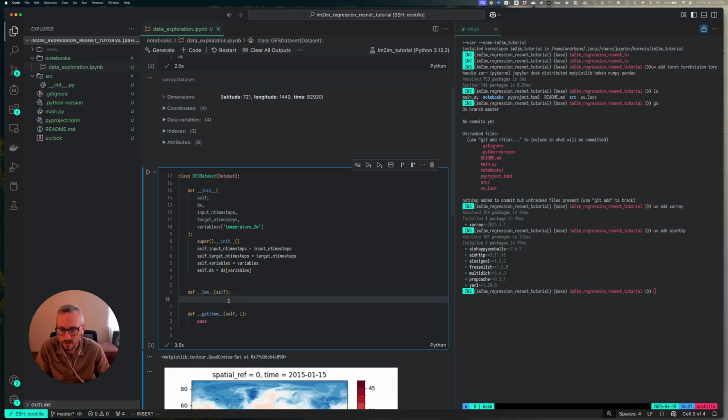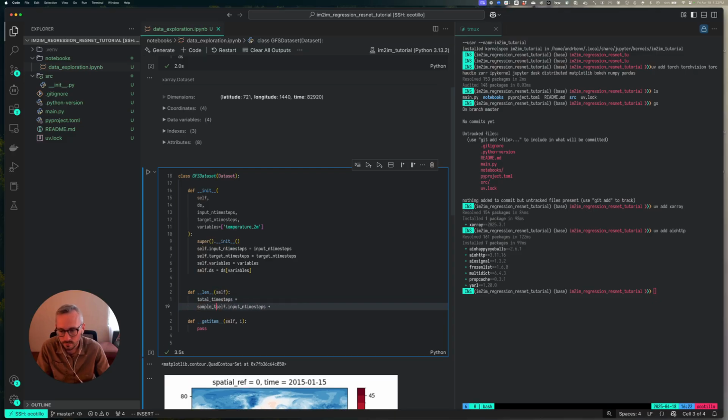This means that the total time steps is actually. Okay, so the total number of time steps is that, and the number of time steps in a sample is